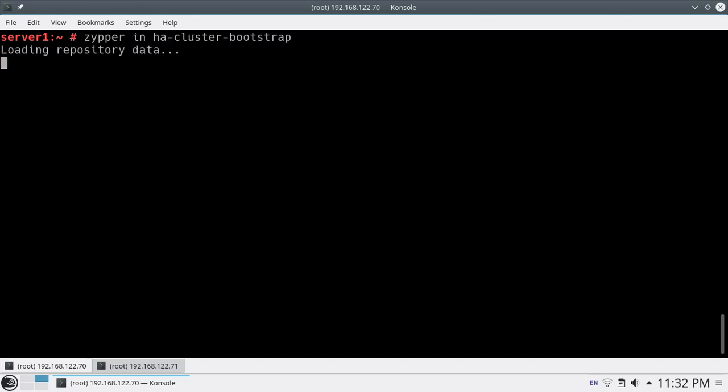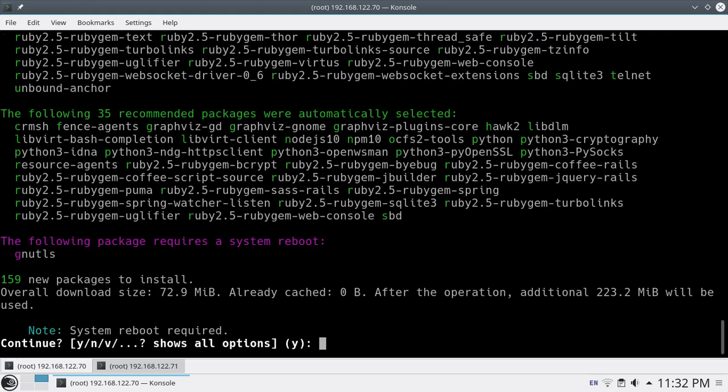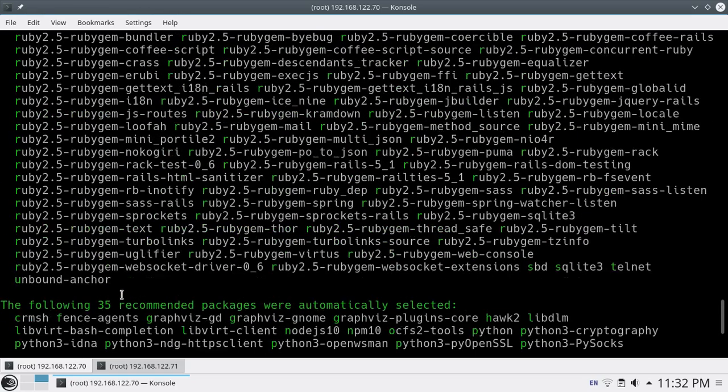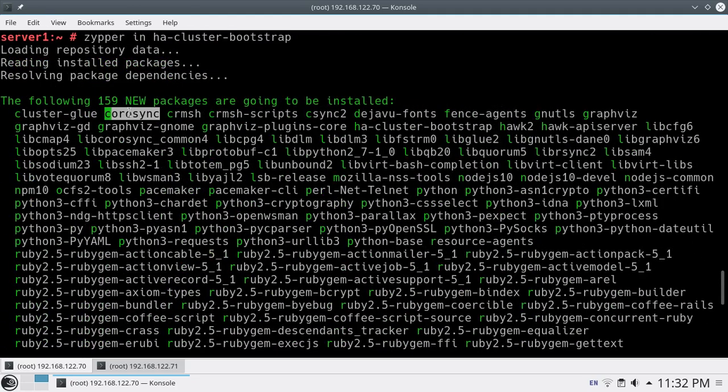So in the first node, let me start it. You will see some 120, 130 packages will be installed. So you can see 159 new packages going to install. Here you can see what all packages it is going to install, like corosync, then pacemaker CLI, all these packages.